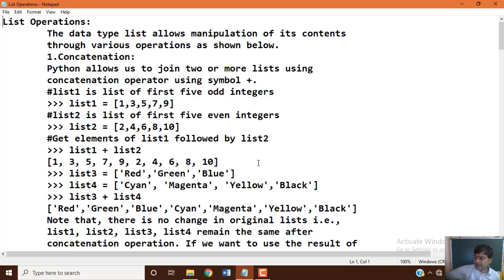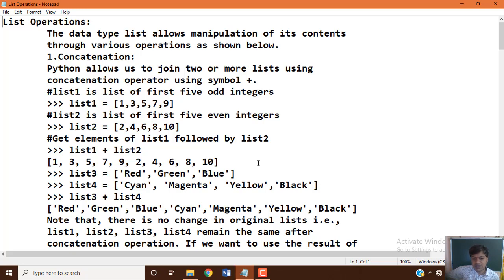Operations like concatenation and repetition. Concatenation means adding two lists into a single one. At the same time, repetition: when you have list values, you can repeat the same list data items a number of times based on the value you specify, along with the list followed by the asterisk operator, that is the multiplication we use in computers, followed by the numeric value.